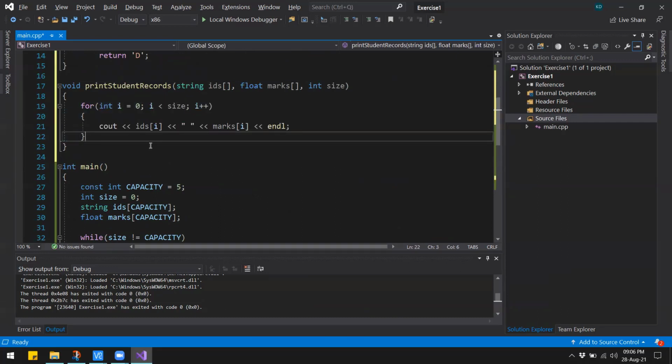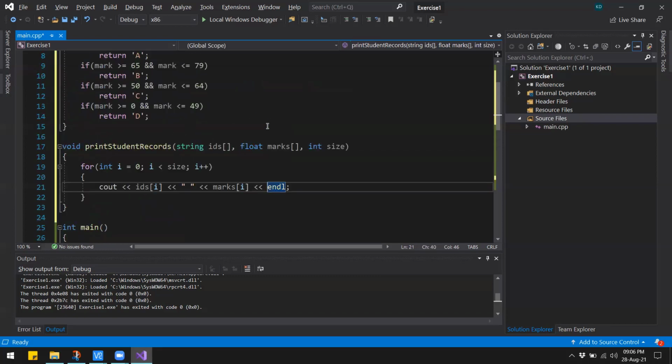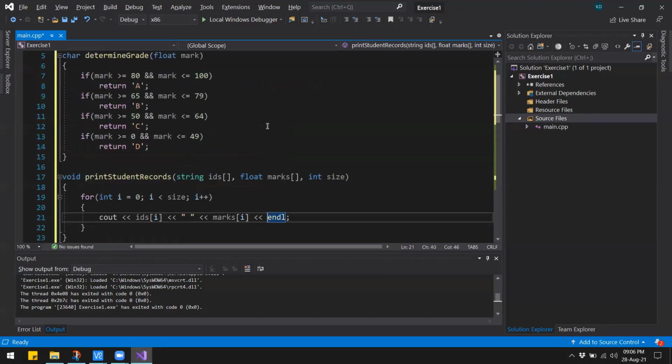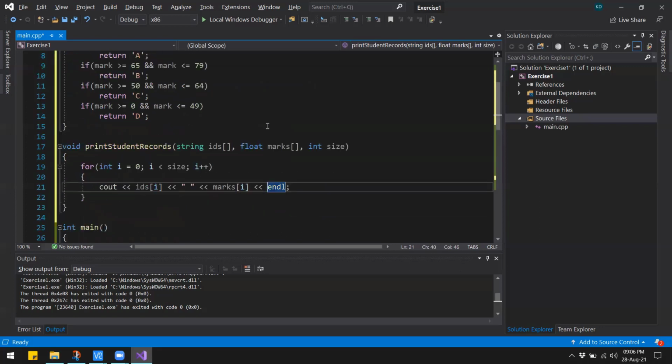So right now we are only printing the ID and the mark. We also need to print the grade. So along with this, we have to print the grade. To print the grade, we need to call this determine grade function to get the student's grade. So you can write it over here along with the cout, or maybe make another separate variable, let's say g, to determine the grade.